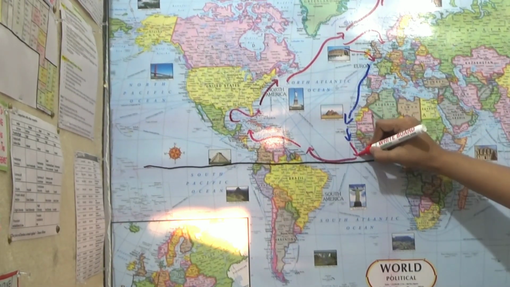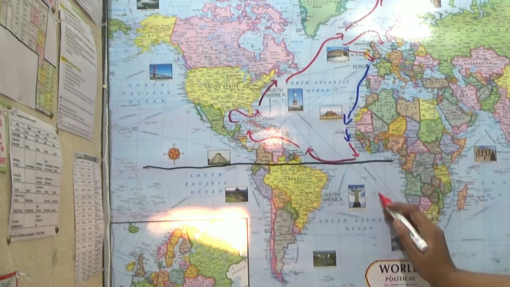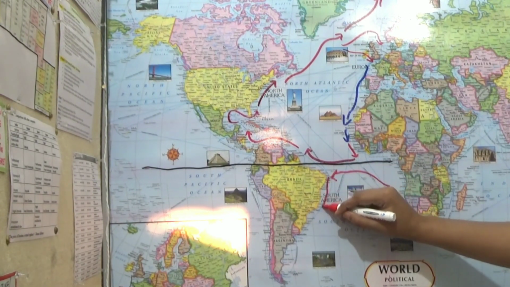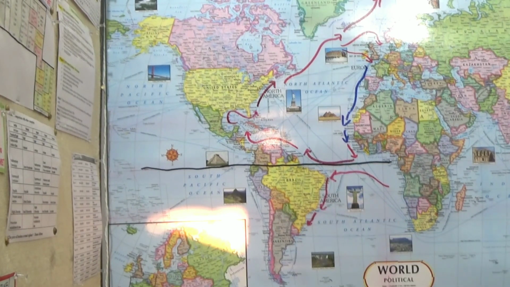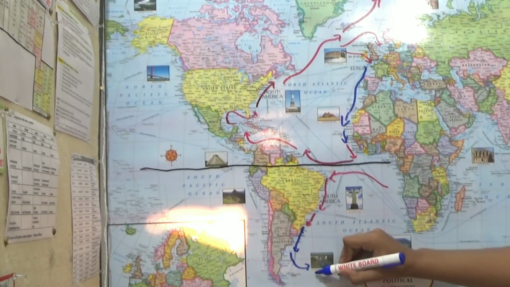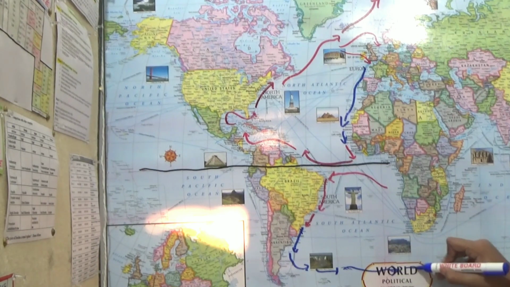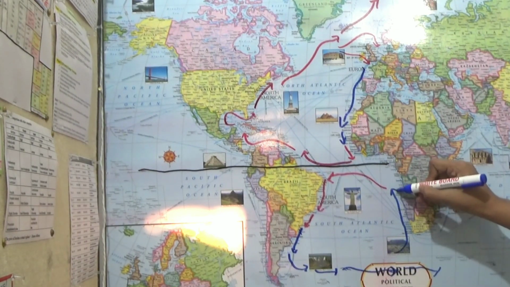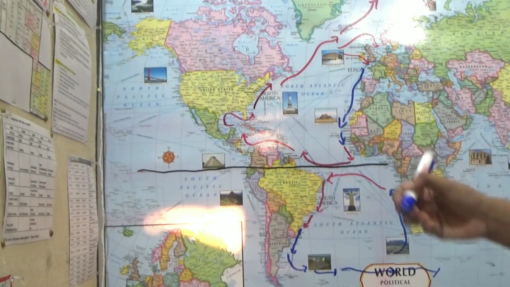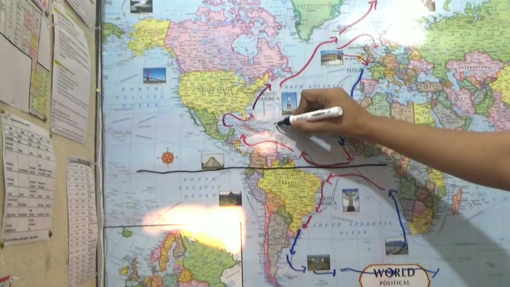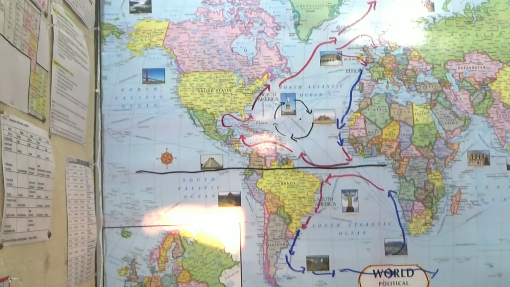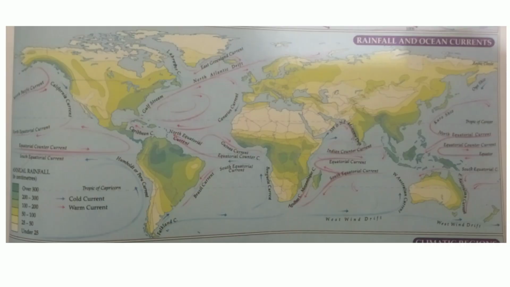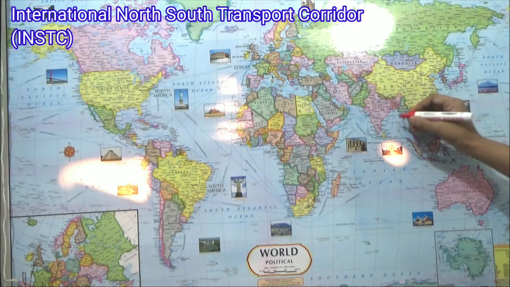it turns out to be the Canary Current. And now in the southern hemisphere, the South Equatorial Current is there, then the Brazilian Current, and then it moves down as the West Wind Drift, and it again turns and comes as the Benguela Current. In this ocean current cycle, in the northern hemisphere, a Sargasso Sea is formed, which is also a very important phenomenon. There are many different ocean currents present, and we can practice all this on the map. So practicing it and keeping it in front of our eyes will help us to remember it for a longer duration.